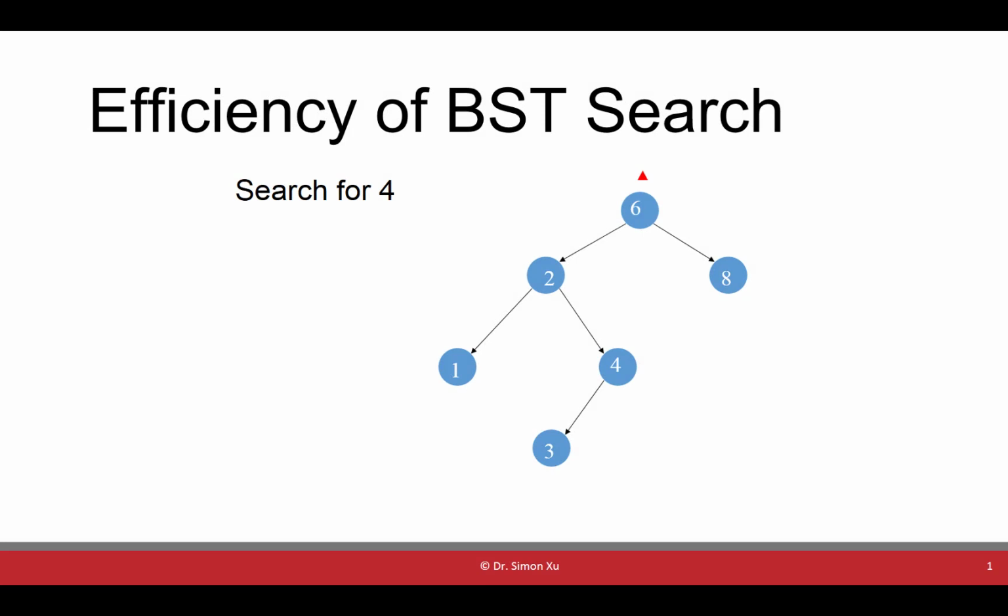Let's talk about the efficiency of binary search tree operations. For searching, insertion, and deletion operations, we compare the search key we are looking for to the search keys in the nodes on the tree along a path through the tree. The path terminates at the node that contains the search key, or, if the search key is not inside, at an empty subtree. The time complexity or efficiency is based on the number of comparisons or number of nodes along